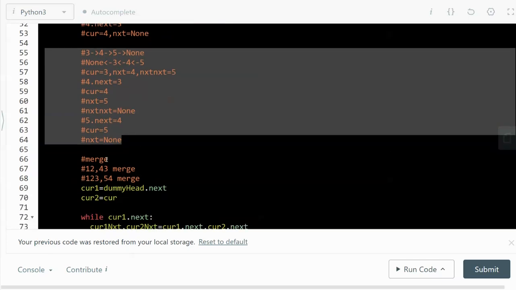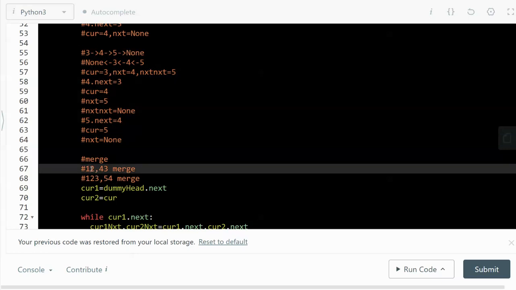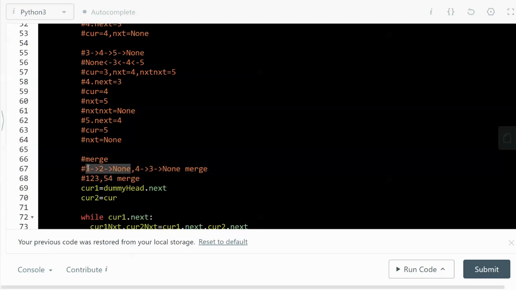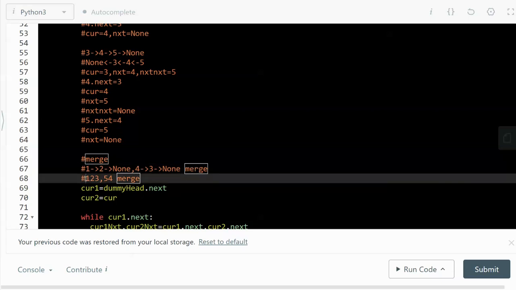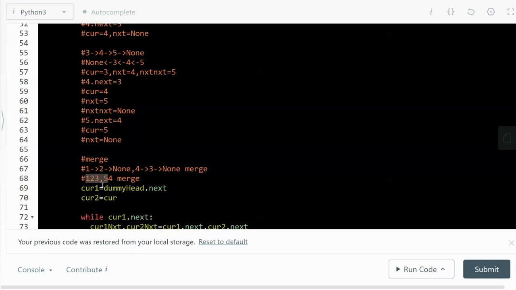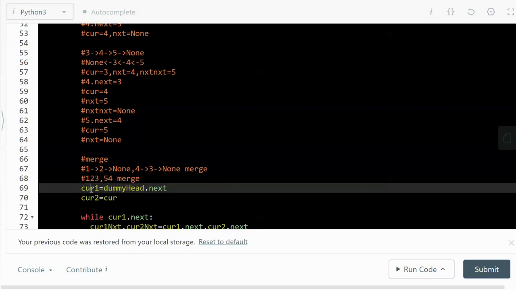And now we can do the merging. And what we have right now is 1 points to 2 points to none. So essentially what we have is this, and then 4 points to 3, and then points to none, right? So we have two linked lists, and we would need to merge them. Same idea when it's odd length. So we have two